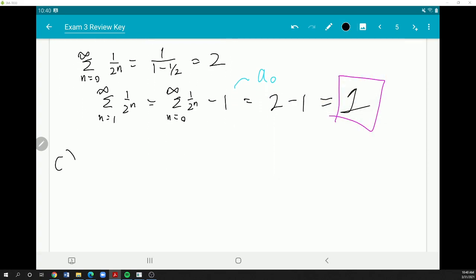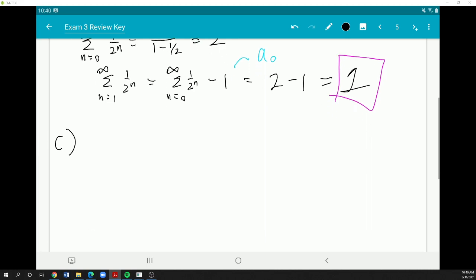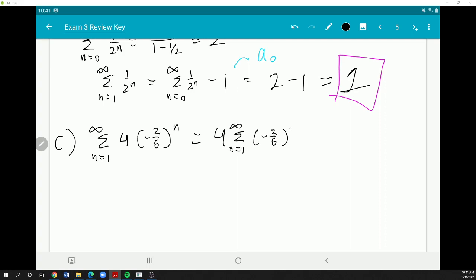Okay. See? 4 times minus 2 fifths to the n. This series is another one that starts at 1. N equals 1 to infinity. 4 times minus 2 over 5 to the n. That's 4. Sum n equals 1 to infinity. Minus 2 fifths to the n